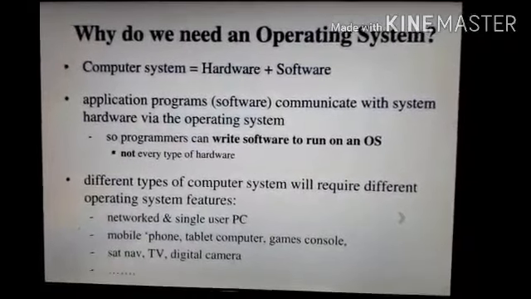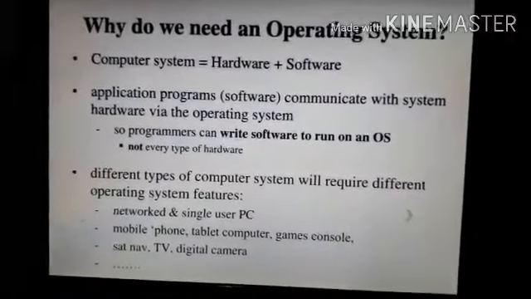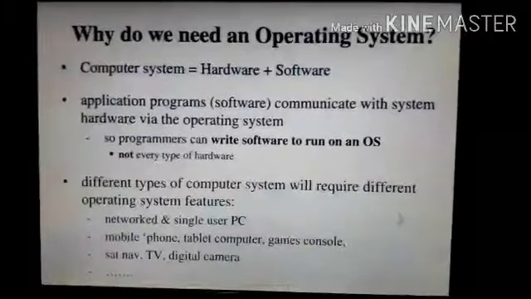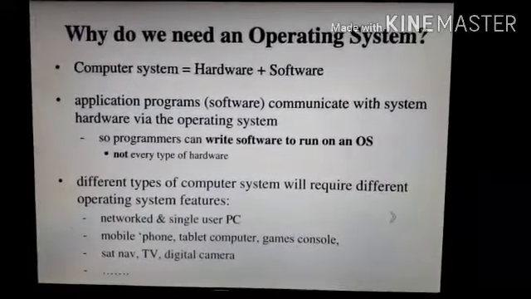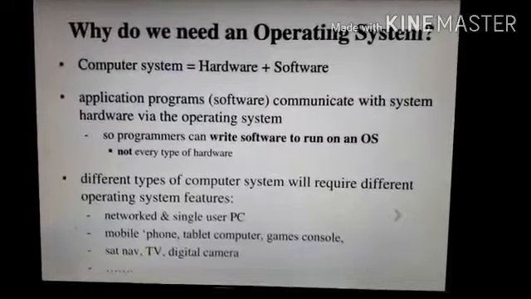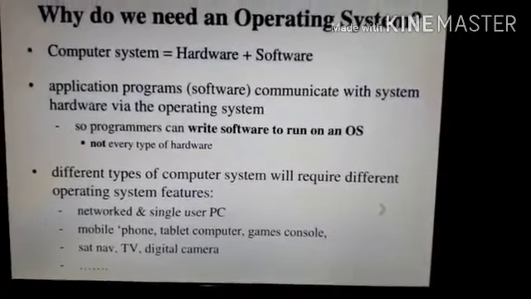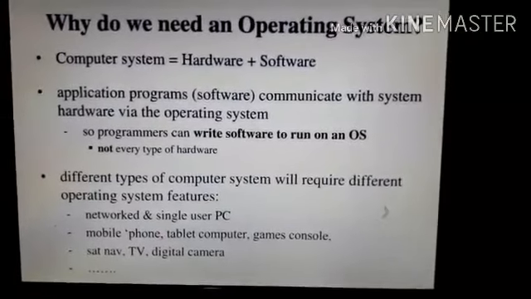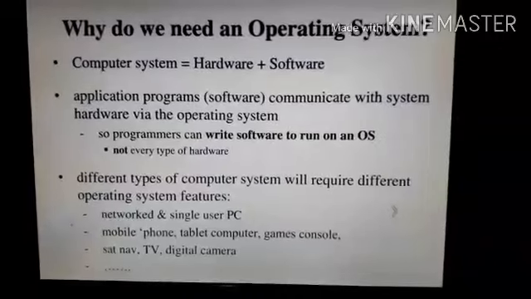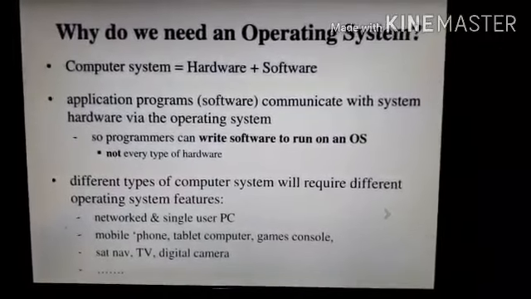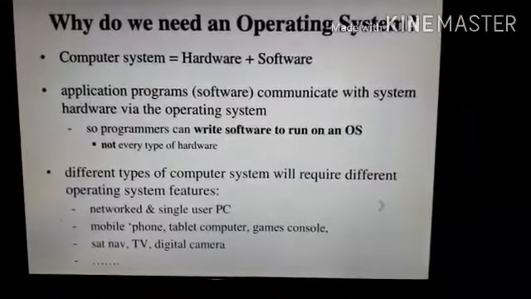So the operating system is the communication between hardware and software. System software and application programs communicate with system hardware through the operating system. It's the only way to communicate between hardware and software, so a programmer can write software to run on an operating system.